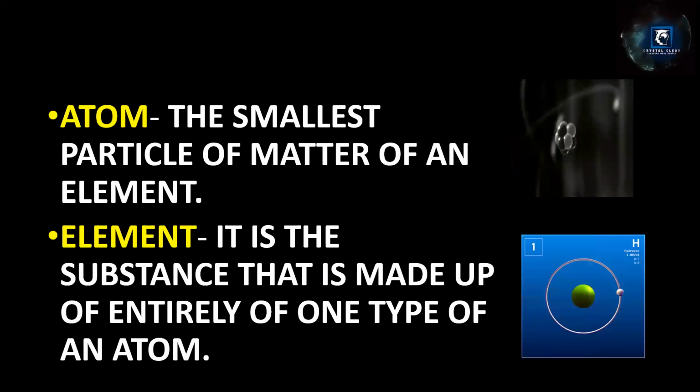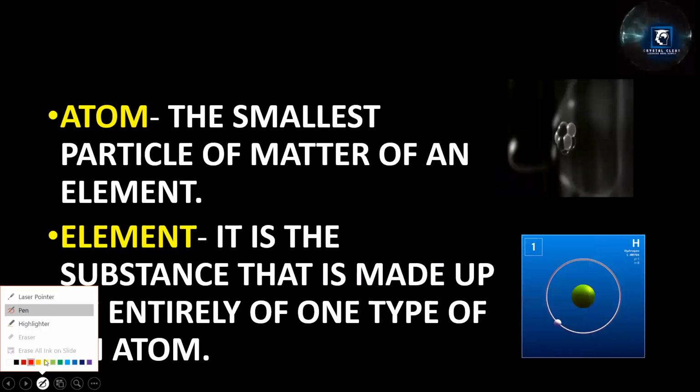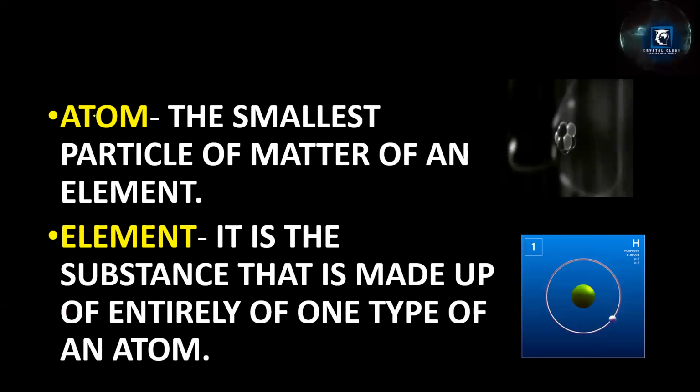Next, terminologies. Always terminologies play their role, and we need to know the meaning of each and every word. In chemistry, these words you can very frequently see in your textbook, right? From 8th standard to 11th standard, even in 12th also, like atom, element, right? So first, what is an atom? You should know, we are going from the base. What is an atom? It is the smallest particle of matter of an element.